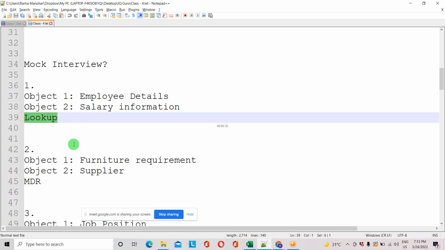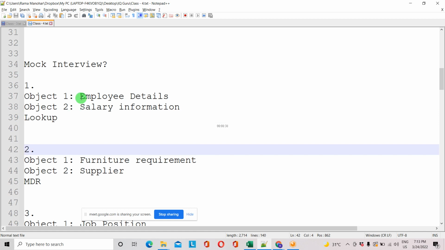Simple lookup, because when we have a bonding between employee details and salary information, if I delete date of birth in employee details, there is no impact on salary information, right? Okay, and in the same way, next thing,